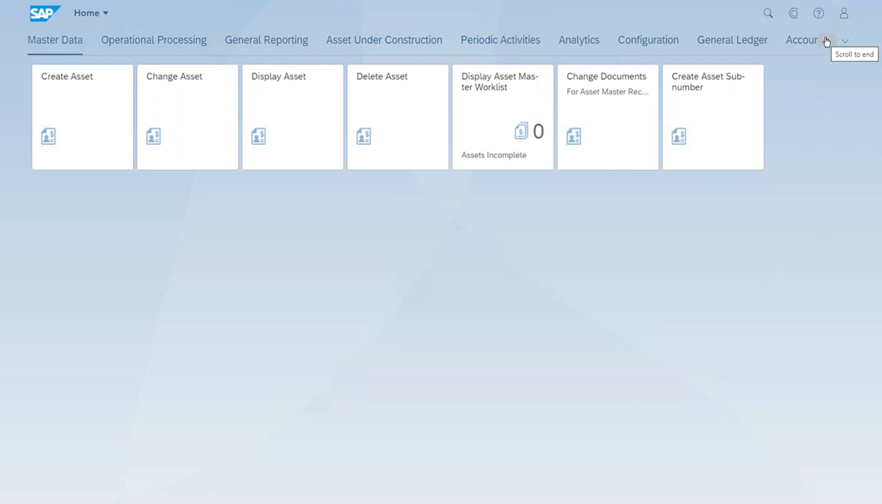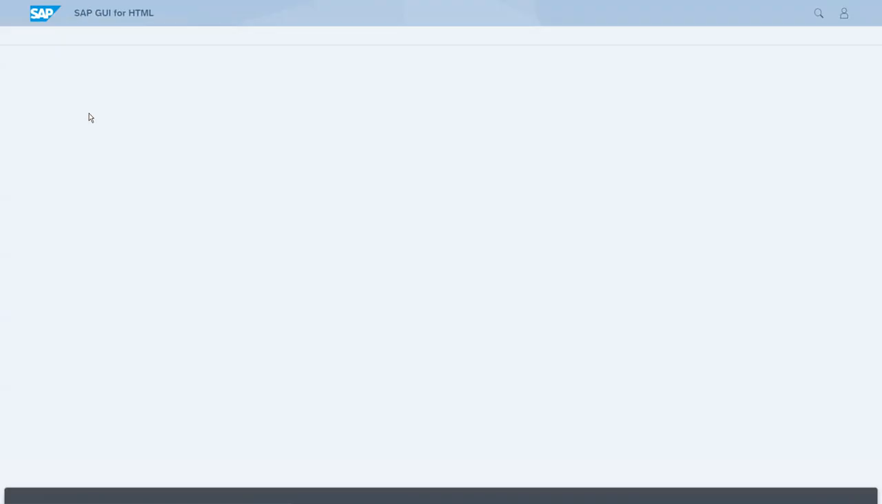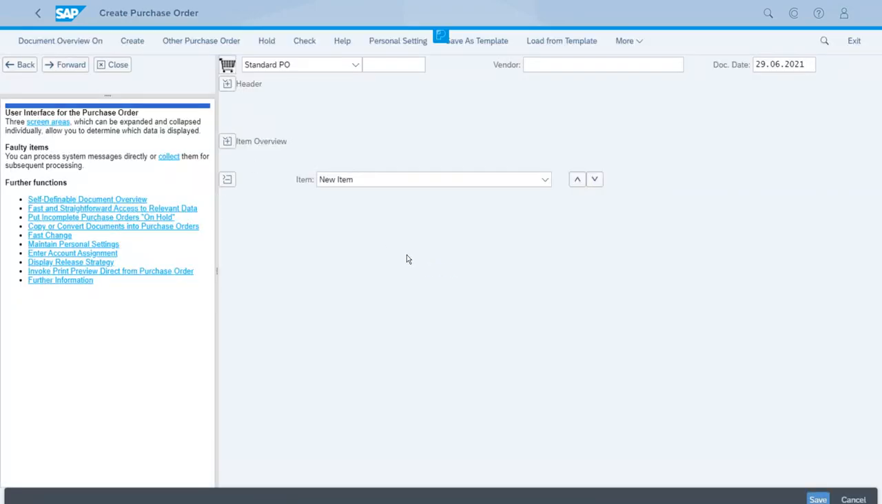So, we just have to come here to the right hand side, and we have materials management here. And here we have the app that we can use to create a new purchase order. So let's start this one. One of the first things here is to enter the ID of the vendor. So we will use this one,